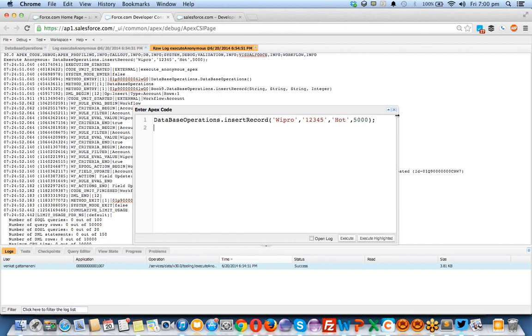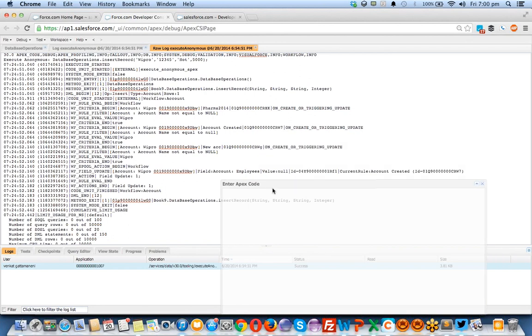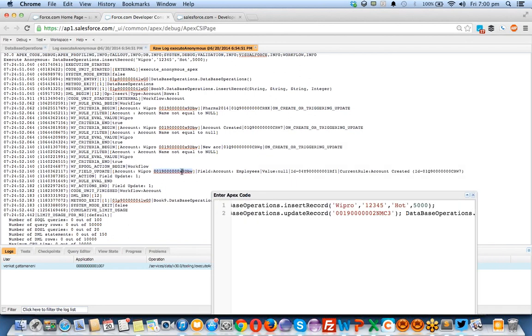I'm going to use the new class name which I have created, and the record ID. So what is the record? This is the ID created, right?